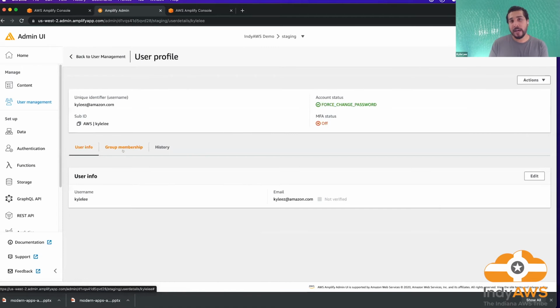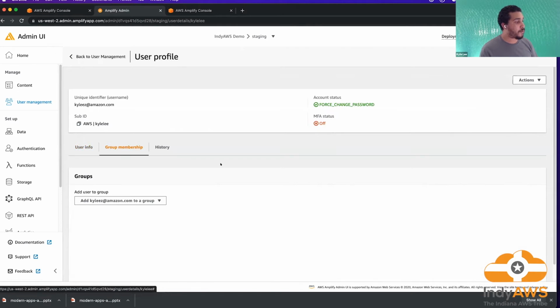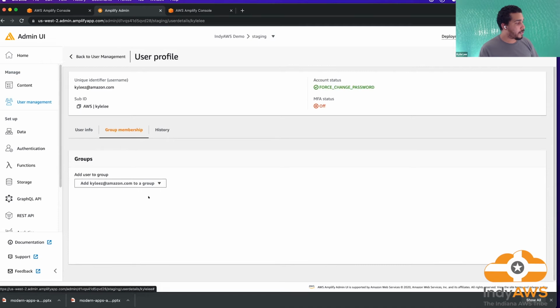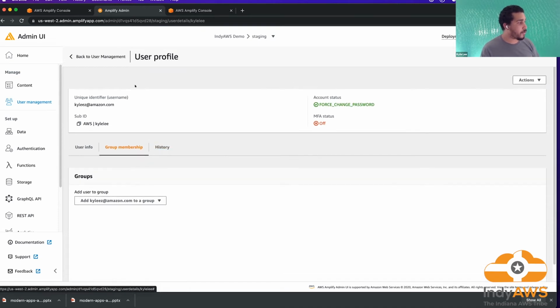That would allow only admins to make specific changes on our data models. And we could let the backend determine whether a specific user can modify or create or delete any of the data that's entered in. And you can see there's a group relationship right here as well.